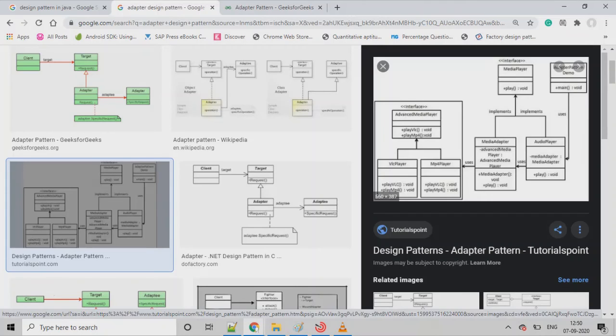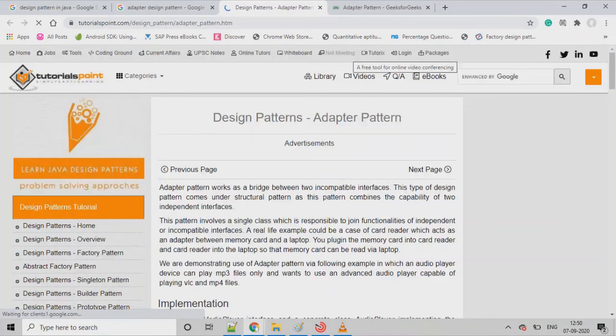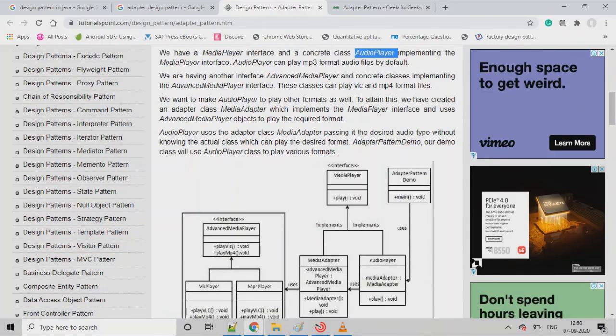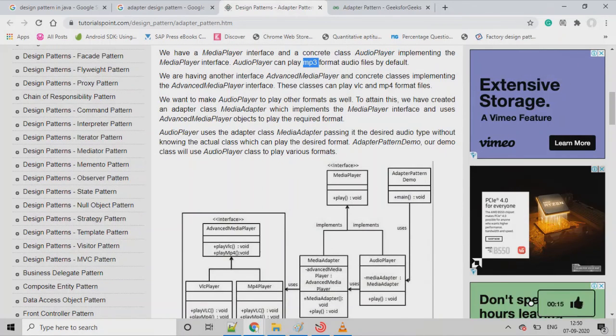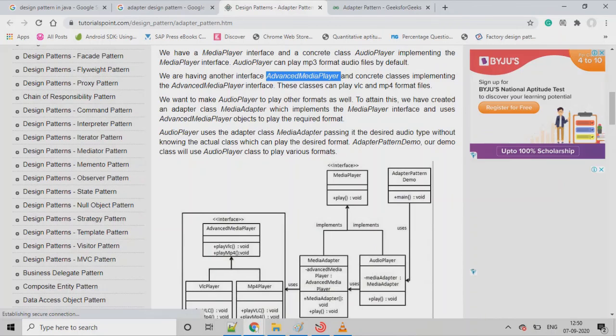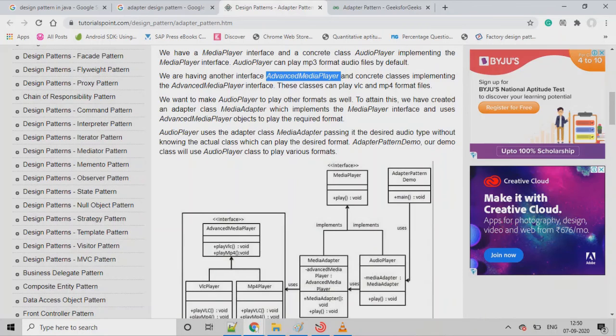Let's take another example of the adapter design pattern, which is this one. So you have media player and you have advanced media player, right? Let's take an example of this.